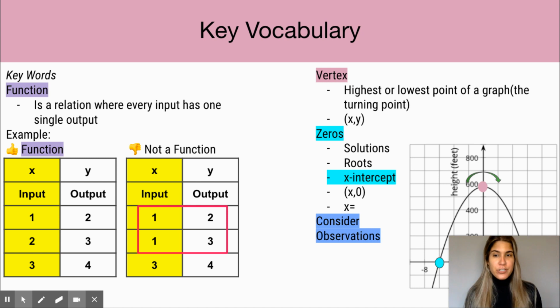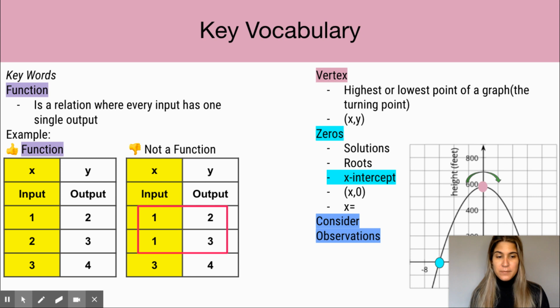Highlight what a function is, how they can identify a function. You can use one example or you can add multiple examples. Let them know how to identify the vertex, the zeros or x-intercepts. And then highlight that we are going to be talking about the word consider and observation within the context of